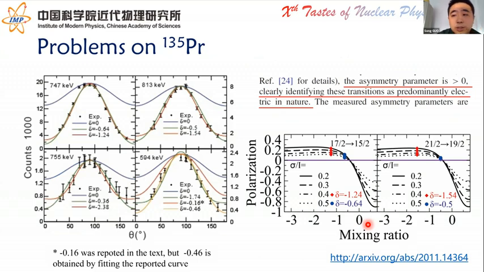However, we still found some problems. For example, the first wobbling band outside the 160 mass region was supported both by angular distribution and by linear polarization in praseodymium-135. We have mentioned that the two solutions on delta cannot be distinguished by the angular distribution. Then, what about the linear polarization? In fact, the positive asymmetry was deduced in that work, and